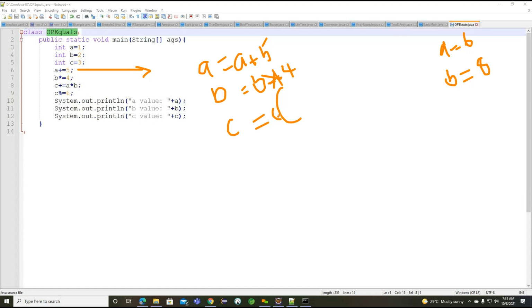So C plus here, sorry, I missed here, let me remove here. C plus here I am trying to work with A multiplication B. What is the A value we are having? 6 here. And what is the B value we are having here? 8. So whatever the multiplication value we are going to get, we are trying to work with C value. Getting the point. And finally, we are trying to work on the modulo operator.